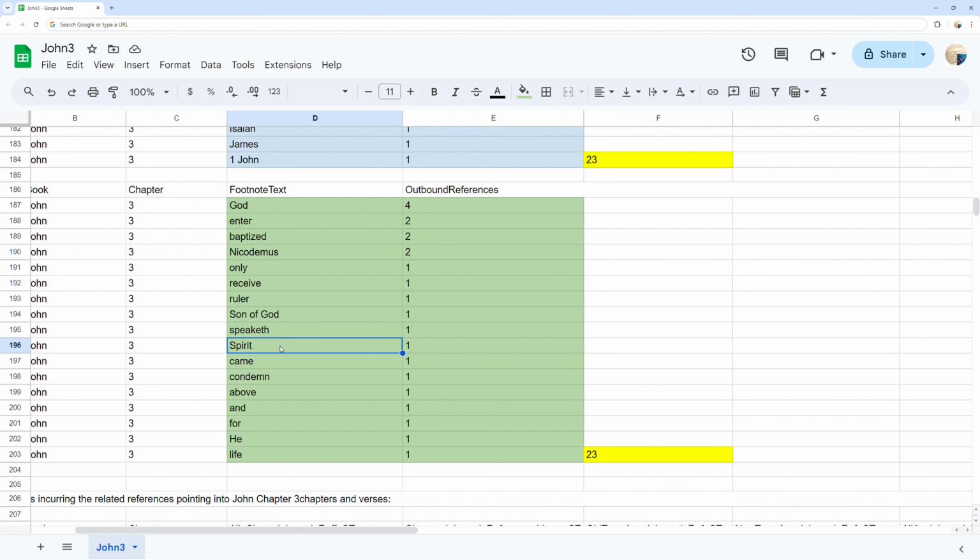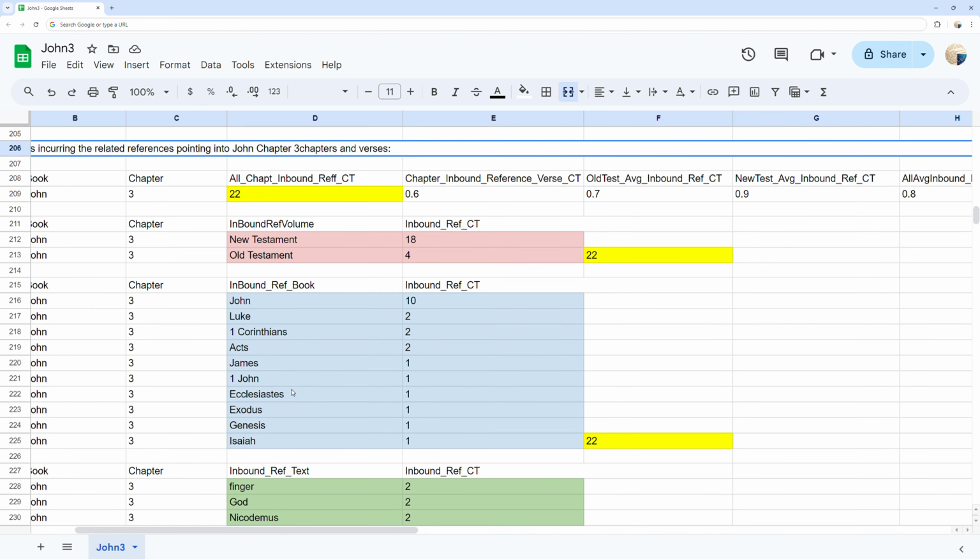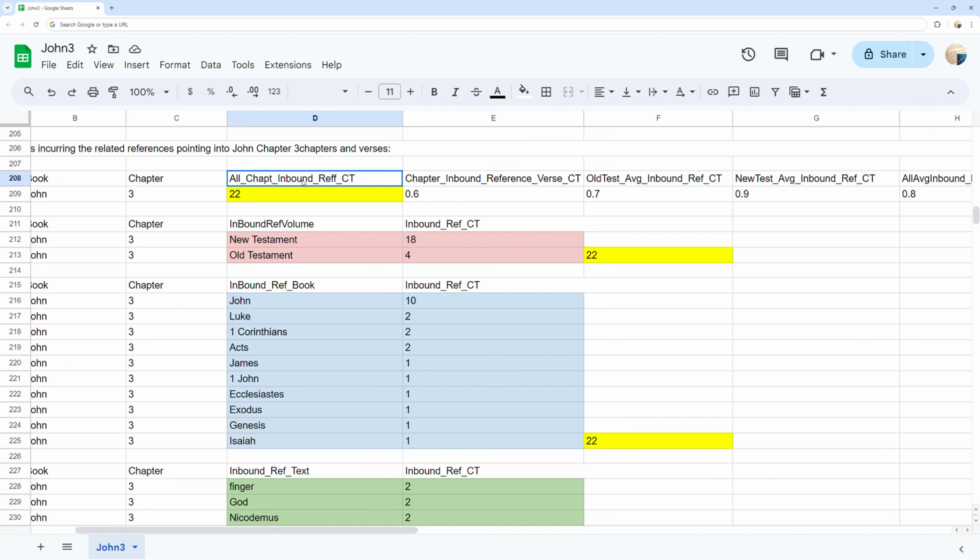Verse counts and the words incurring the related references pointing into John chapter 3 verses. You can see in yellow the total inbound related references pointing into John chapter 3 at 22 references,